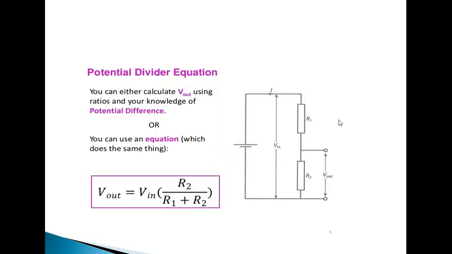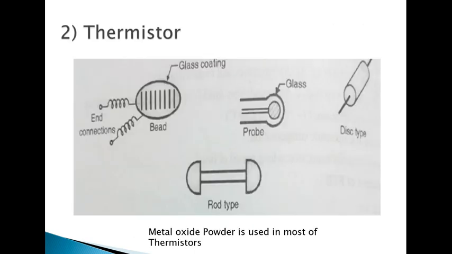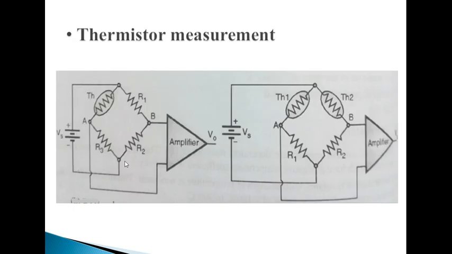Simply you can remove the RTD here and place a PRT, or place a thermistor here, no problem. Here RTD is mentioned, which means you can place a PRT or a thermistor, no problem. The mathematical formula for these two bridge circuits you have to derive, and this is the homework for you. In the next lecture I will ask what V out is. You have to calculate VBA here also, and here also. You have to tell me the equations that you have derived, so keep that in mind. This is very simple, we have already discussed it.